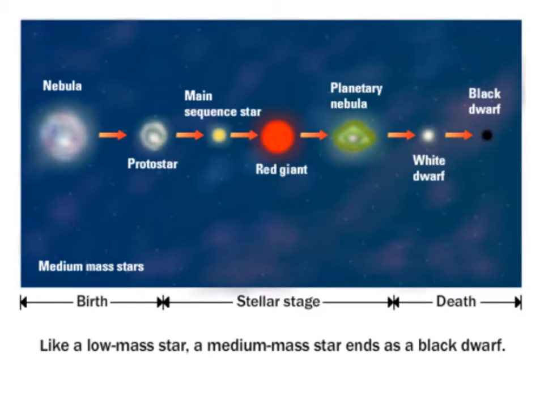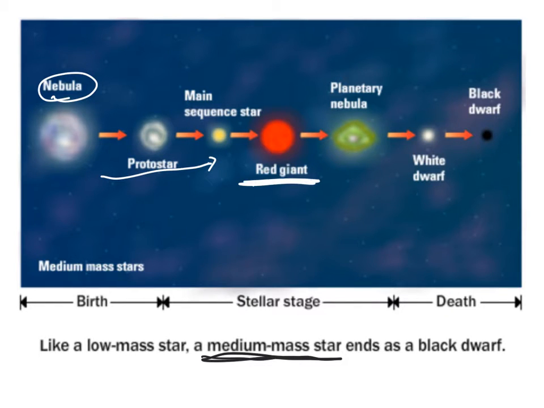Now, if we look at a medium mass star, and that's going to be kind of like our sun here, what we'll notice is it starts off as a nebula here, and then we're going to compress down through the protostar, form our main sequence stage, and it's going to burn a little bit faster because there's more mass, and it'll actually come down, and when it runs out of hydrogen, it'll compress down and we form this red giant